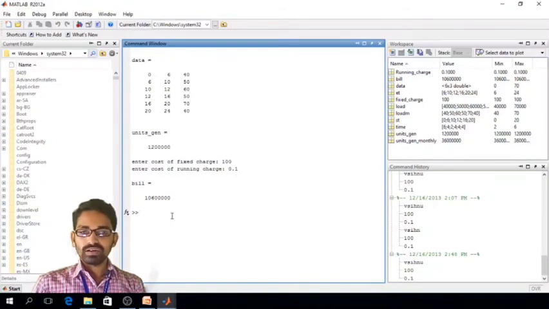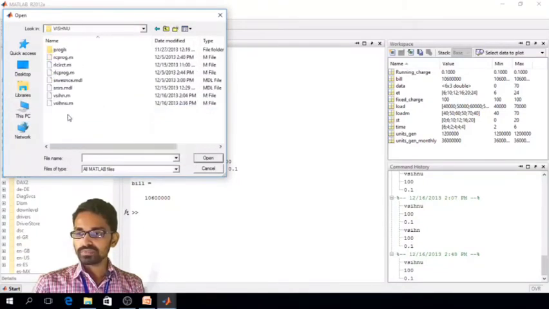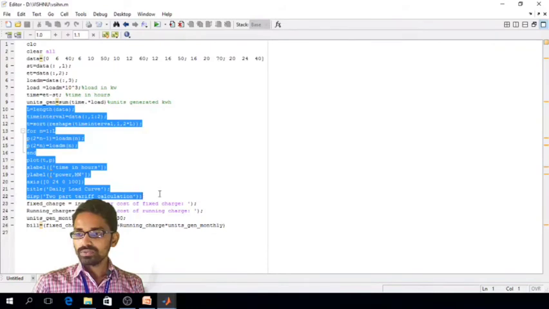So it is giving the bill without the load duration curve. If you want to get the load duration curve, then we have to execute another program. You have to insert some program so that it will draw the graph. So that will execute now. Okay, so see here, this is the code for that, and whatever field I have highlighted, that only I have inserted to have the graph.